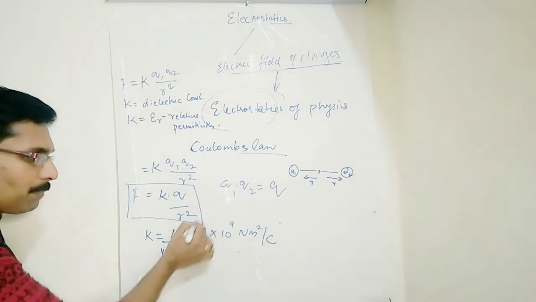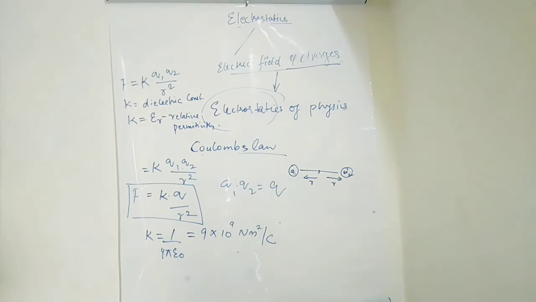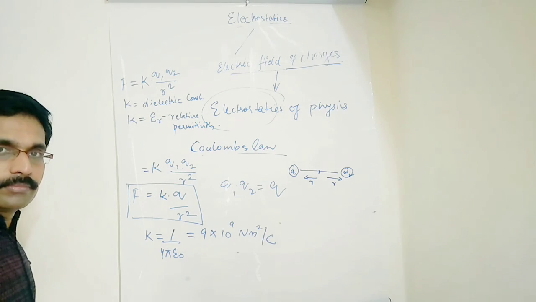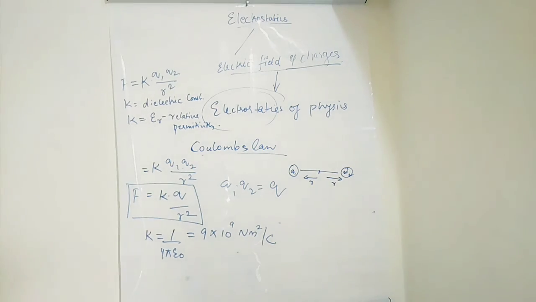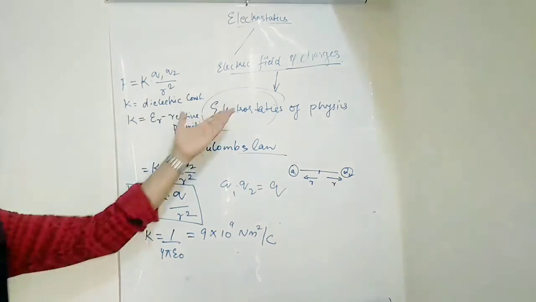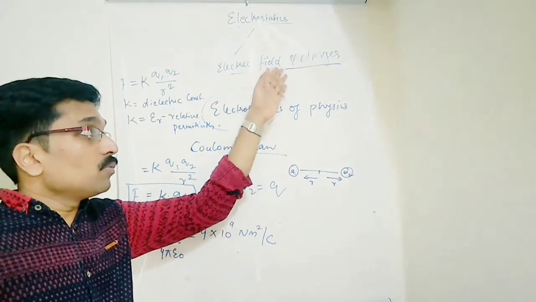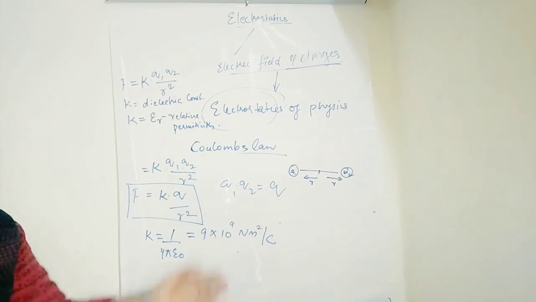We can apply this value when substituting in numericals related to Coulomb's law. I hope you have understood this topic. Once again we will revise it. Today the topic we have dealt with was electric field and charges, a small topic under